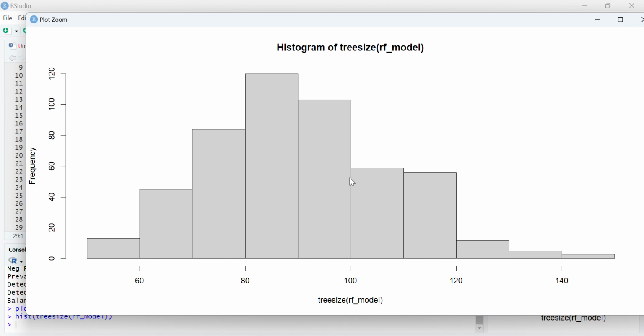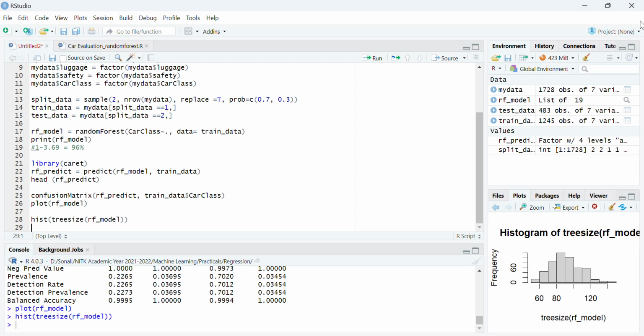There are more than 100 trees having more than 80 nodes or something, right? So you can see so many trees, 120 trees almost, have more than 80 nodes. So the number of nodes here are decreasing. So you can see the number of nodes in each type of tree.